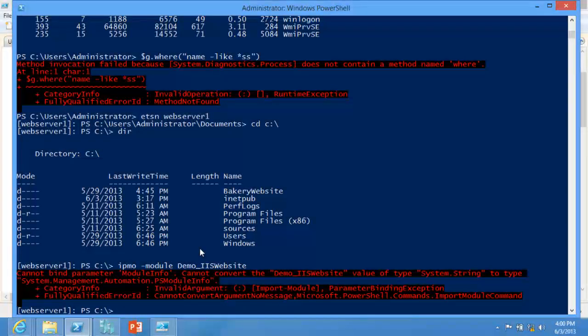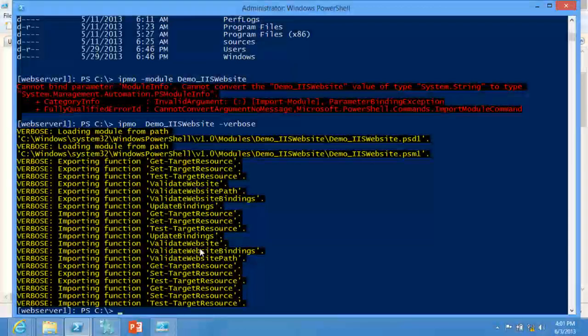Did I type that wrong? Dash name. Import-Module dash name? I think so. Just get rid of the dash. Do that with dash verbose so people see what happens. There you are.